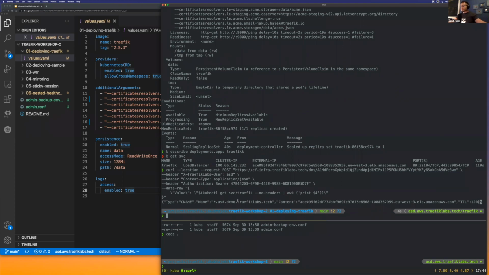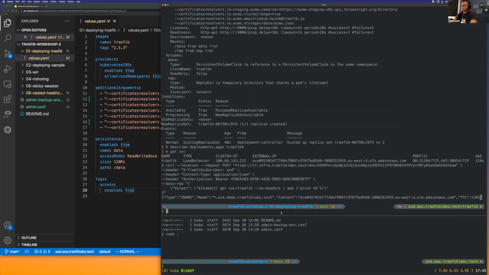It's already created. As you can see, we have a wildcard CNAME record created that points to that external IP provided from AWS. So the first step is finished. We can explore